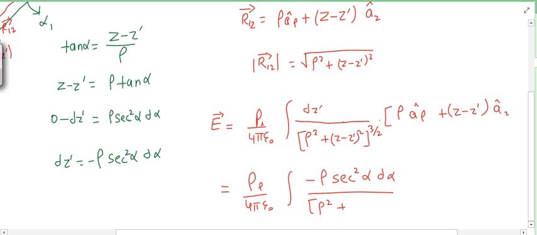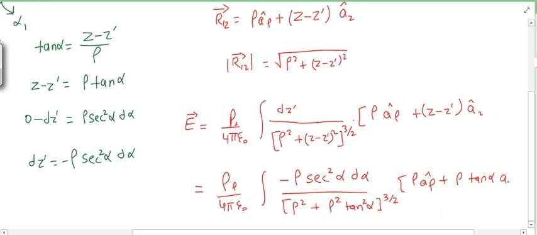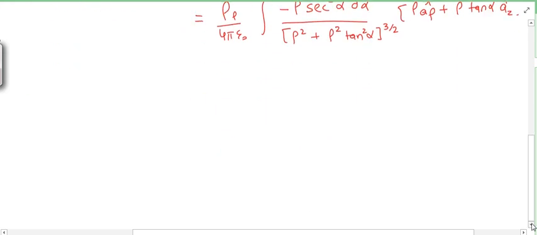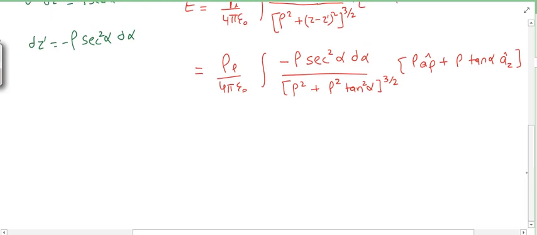In place of this I can use the expression rho tan alpha, so its square will become rho square tan square alpha, to the power 3 by 2. And here rho a rho cap will remain the same, plus z minus z dash, which again I can write as rho tan alpha az cap. So now simplifying this,